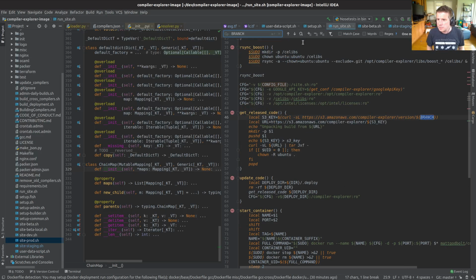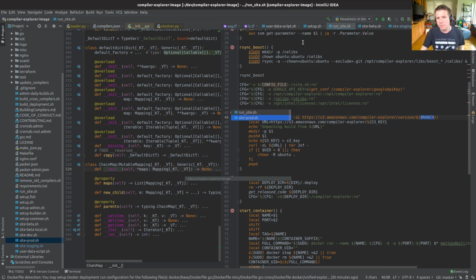Branch. Aha, I see. That branch is the tag that I then go off and find inside the, what's it called? There's a tag that tells it which version of the project to download and run, and that allows me to change staging to be separate from that.